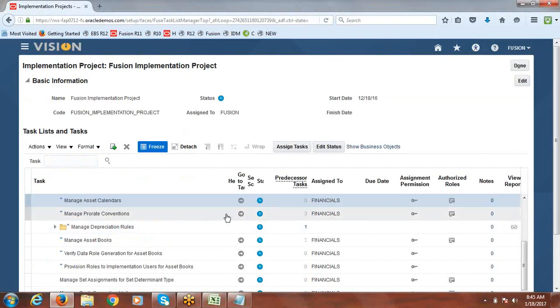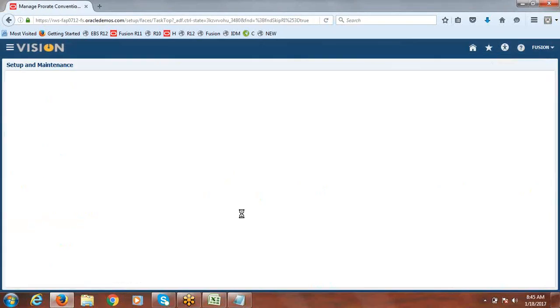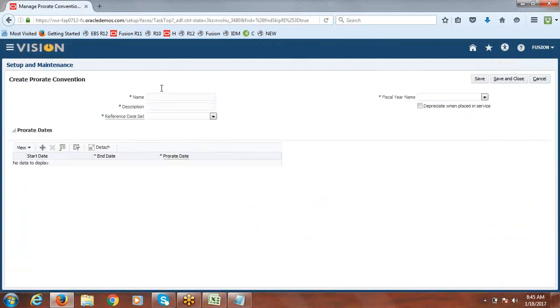So manage prorate conventions. You can define how you require. Maybe it has to start from mid month or following month or next month or from the same day. Okay, you can create as per a requirement.